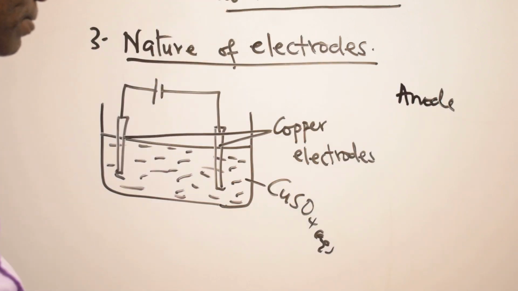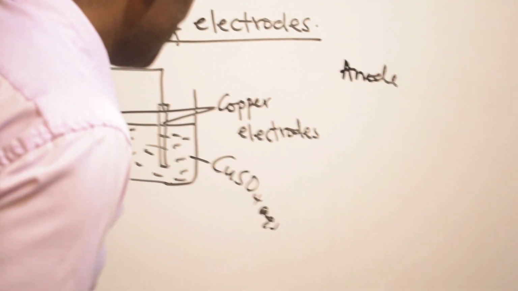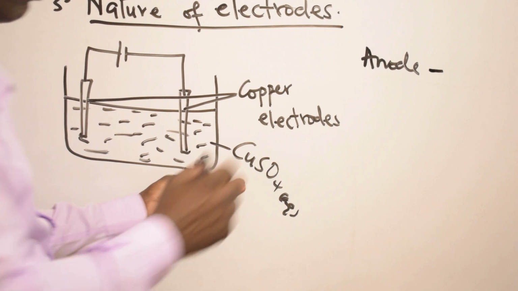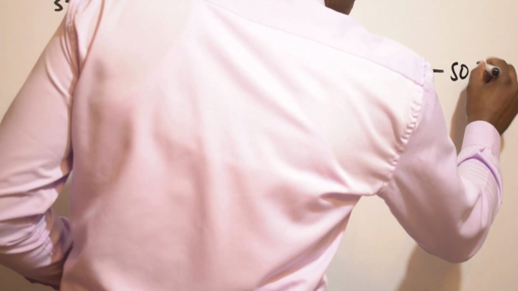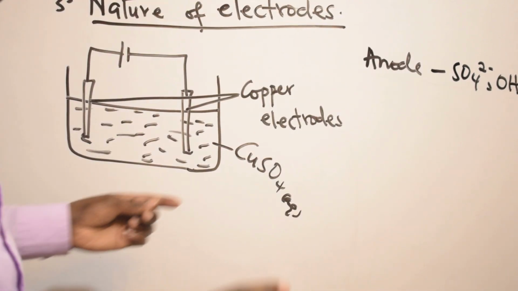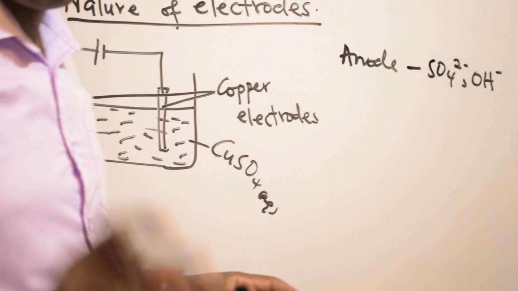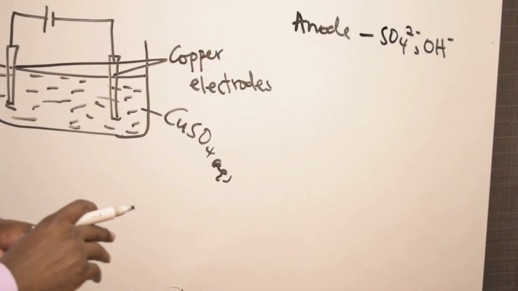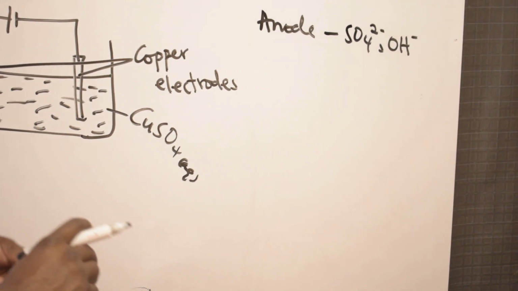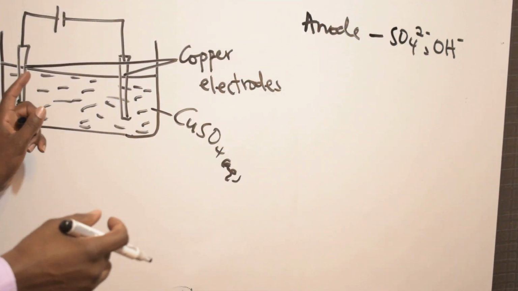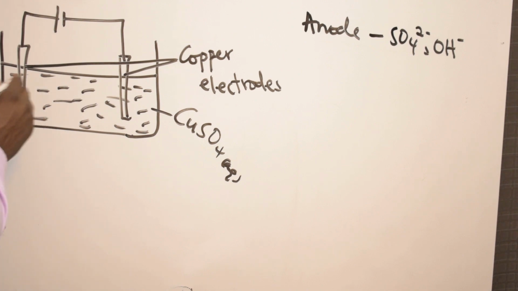Now at the anode here, which ions will be attracted? Of course, I'm going to talk about the sulfate ions and the hydroxide ions. By now, we need to understand that all aqueous solutions will have hydroxide ions and hydrogen ions automatically, due to the water, which dissociates into hydroxide ions and hydrogen ions. Now, with these 2, much as they are attracted to the anode,